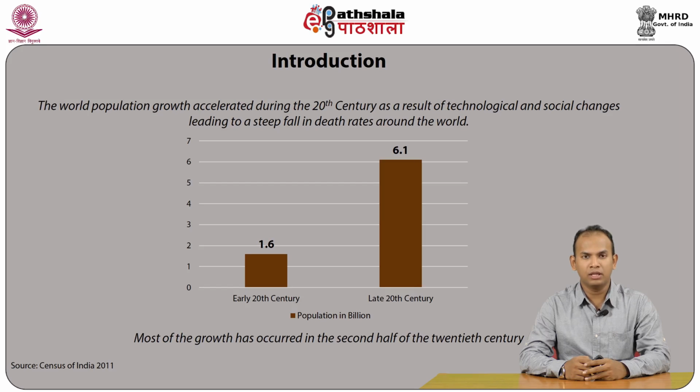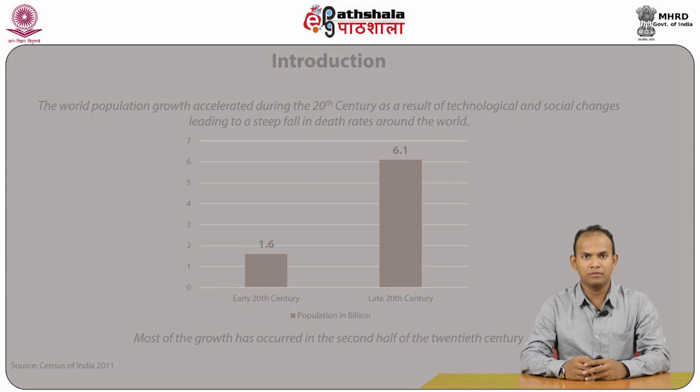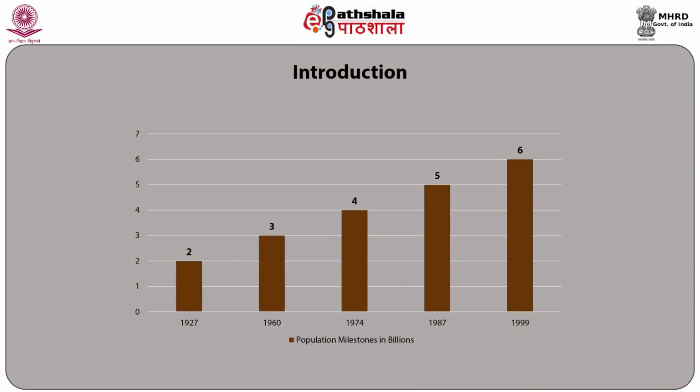Most of the growth has occurred in the second half of the 20th century, as per the Census of India 2011 report. The 2 billion count of population was reached in 1927, just before the Great Depression, and almost 123 years